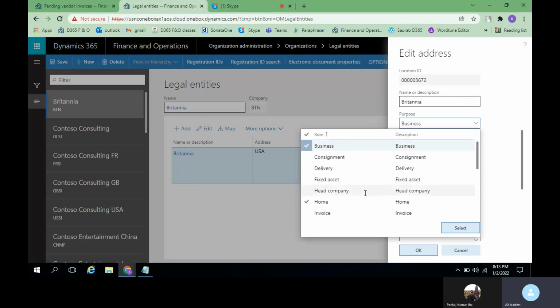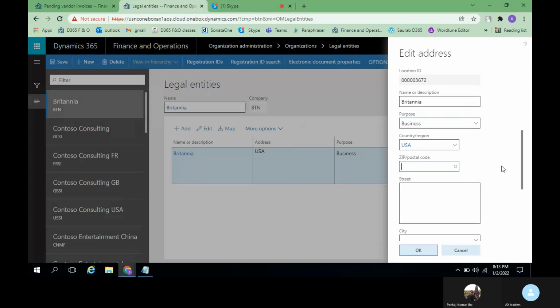Since this is an address column, we can create multiple addresses, like one for corporate address, one for statutory purpose, and one for any invoice receivables. If you have any customer care center, you can create an address for that as well. For the time being, we are creating the corporate address, so we will select it as business and then click on select.